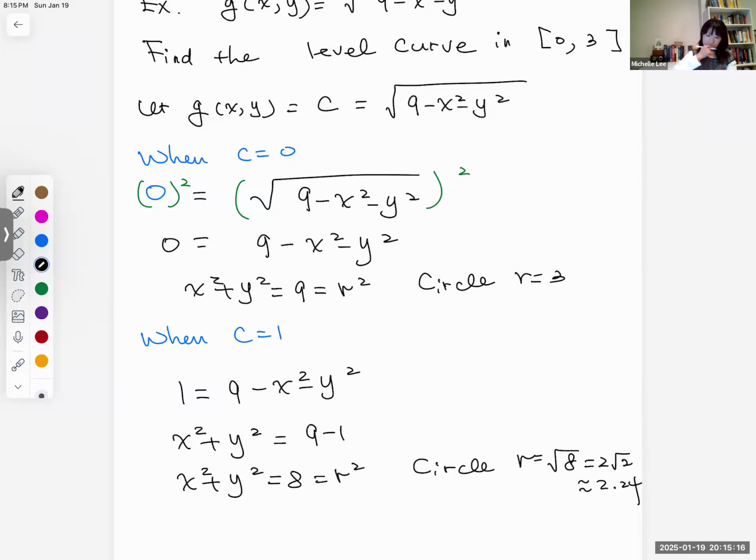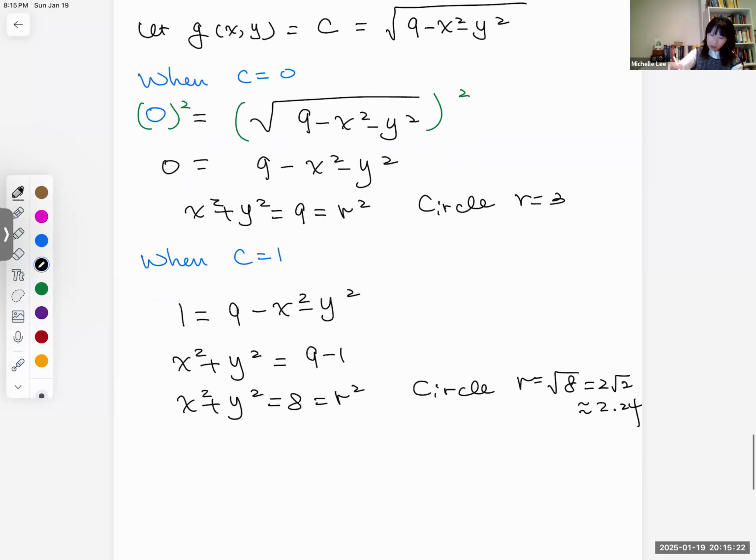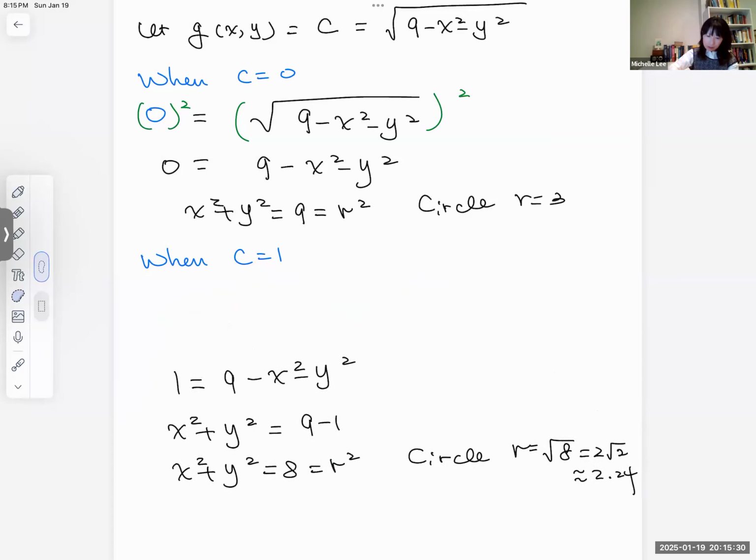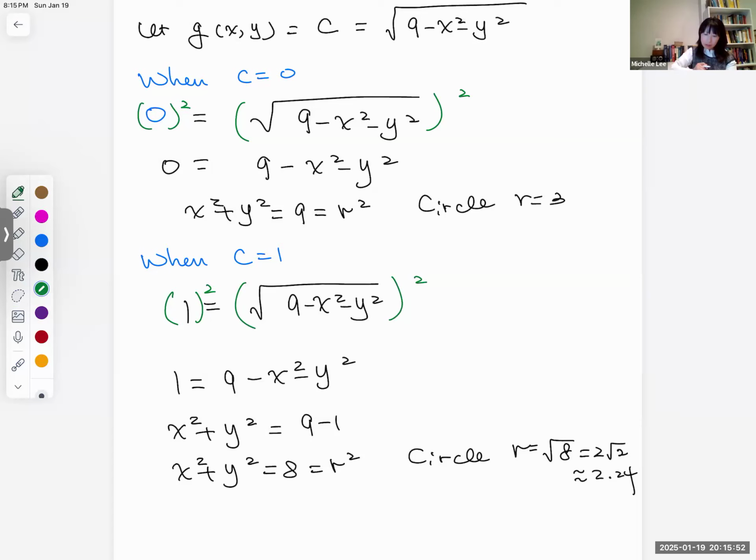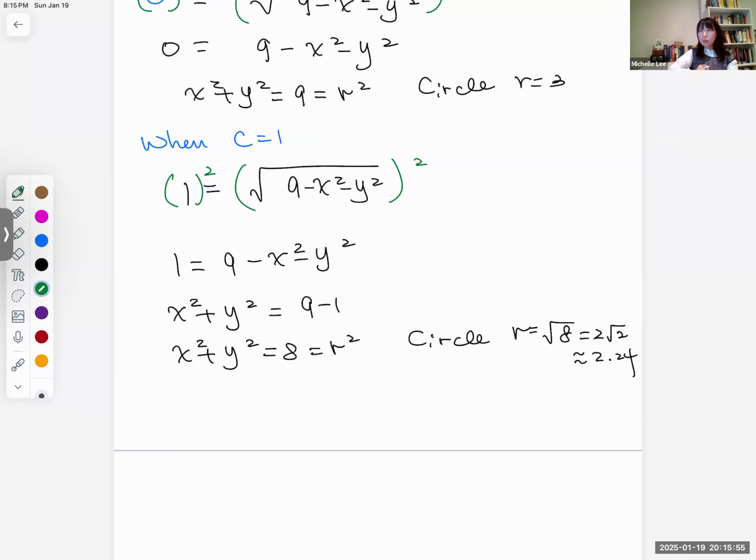Okay, how about, should I write down clearly? Okay, let me write down clearly. I should not get lazy, right? Someone who did not watch the video is just looking at the lecture notes. So 1 equal to square root of 9 minus x squared minus y squared. Okay, then when c equal to 2,